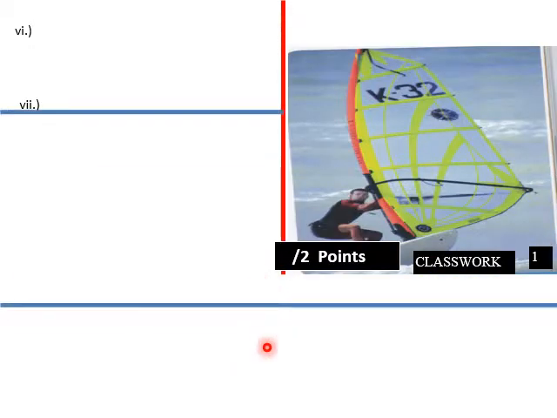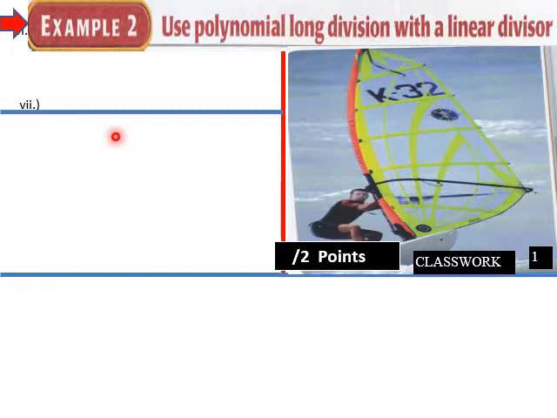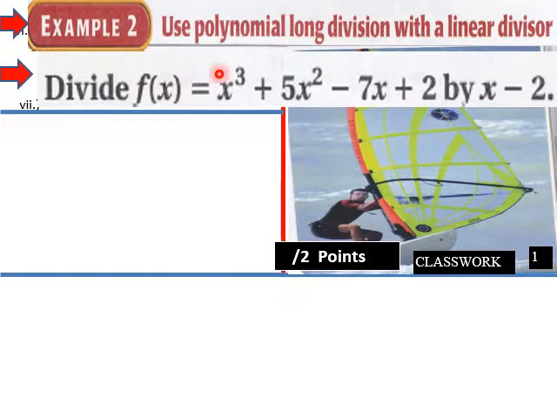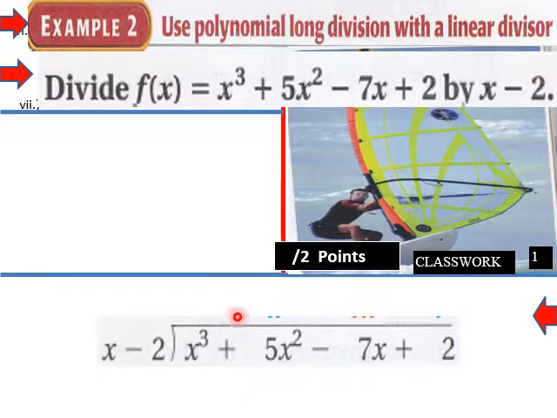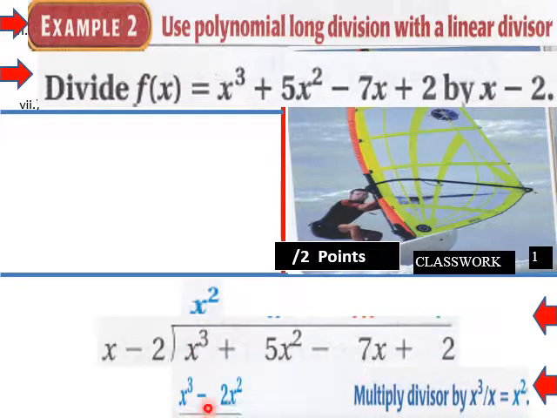Okay, so into our first example here for 2.5, example 2, using polynomial long division with a linear divisor. We have the situation here where we're going to divide that by this here, x minus 2. This would be our setup here. We're going to use a long division format here. And x minus 2, x times x squared would be x cubed, so we start out with an x squared